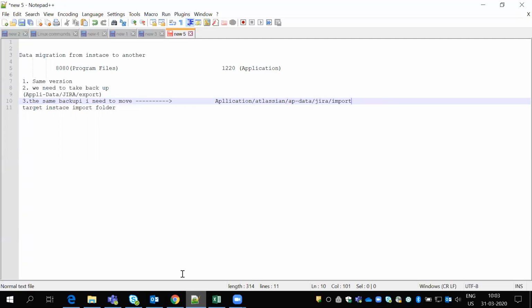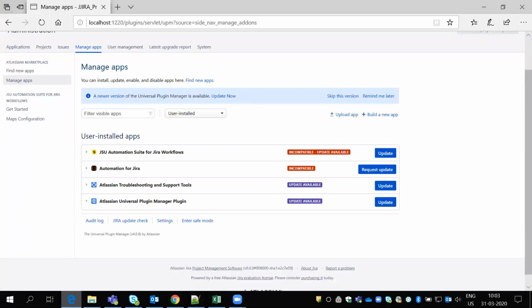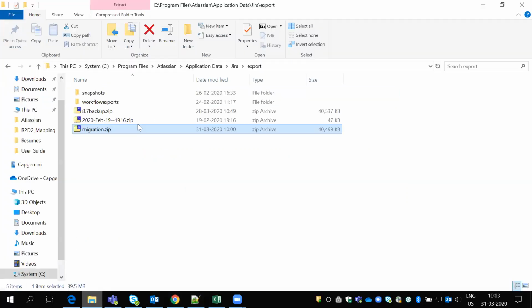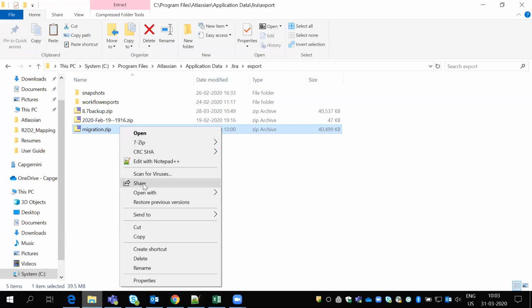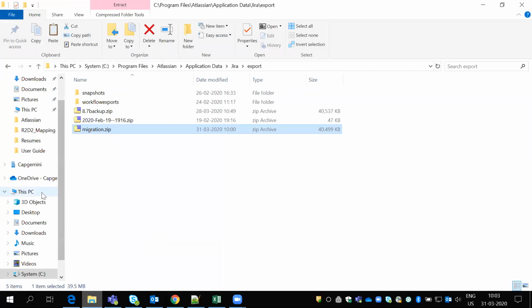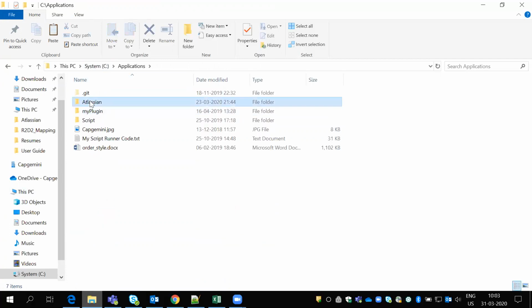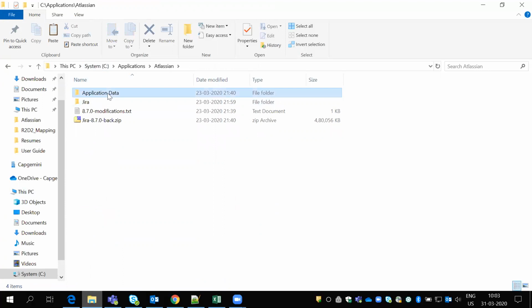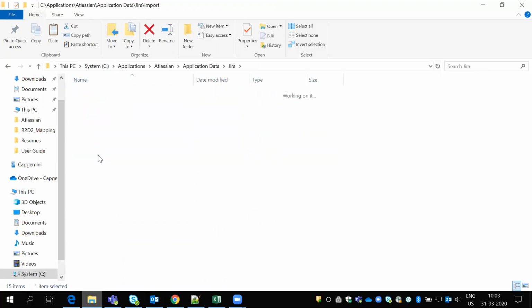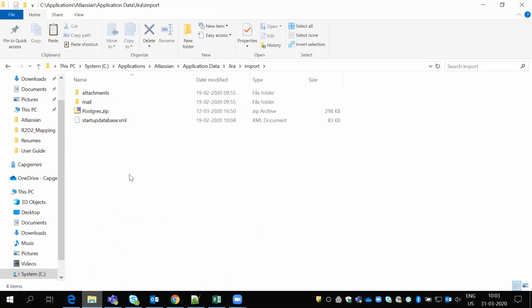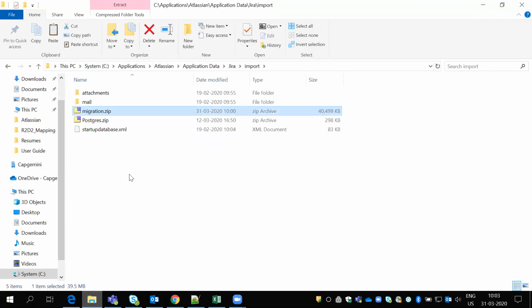I'll open this and copy it, then go to the C folder again. Before, I had this application; another Jira I have in applications. In Atlassian, I have application data, Jira, and here I have the import folder. I need to move the same backup, migration.zip, to here.